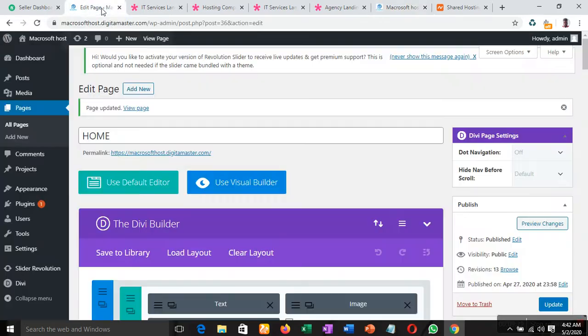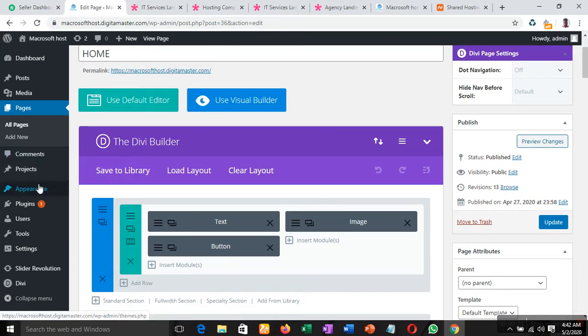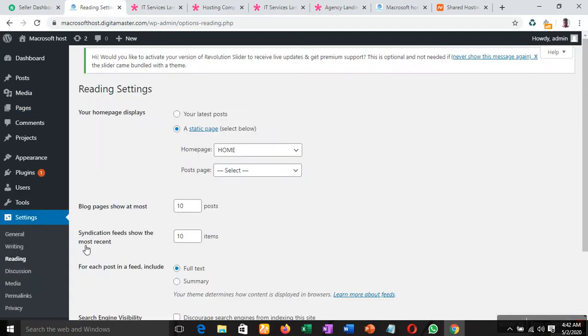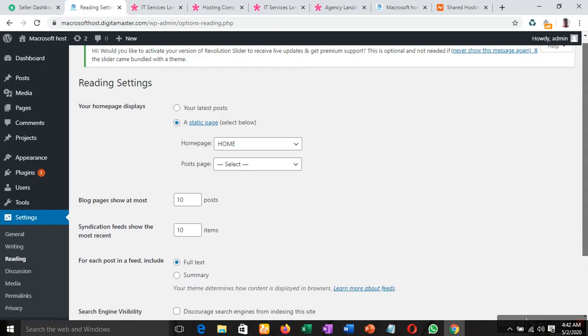For you to make your home page static, just click on settings. You can see settings, and click on reading. So you select your home page here, click on static page and save. I think you understand me now.